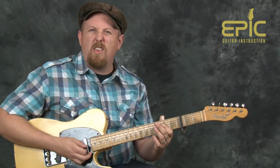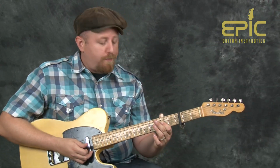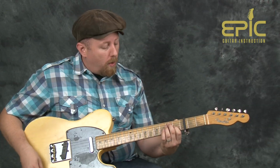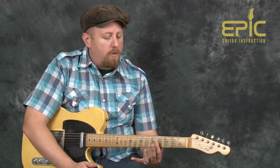So we can say that that's an optional thing that we'll add to that there as we're going through our verse. Now, the other main chord progression in the song, the chorus here, as you notice, we're moving from some open position chords to some bar chords and back and forth. And so there's some unique challenges there with our rhythm